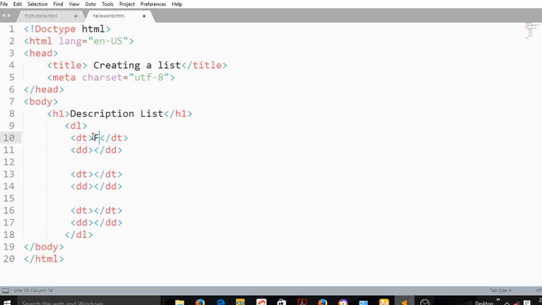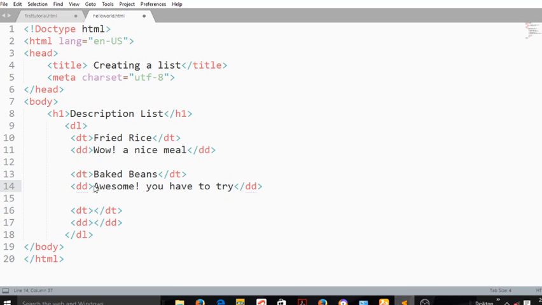Okay, let's say fried rice. Wow, a nice meal. Now for this, let's say baked beans, awesome, you have to try it. And this one, let's say Indomie, and I'll say easy to prepare. Now when I save and refresh in my browser,